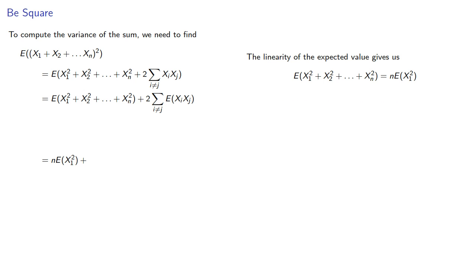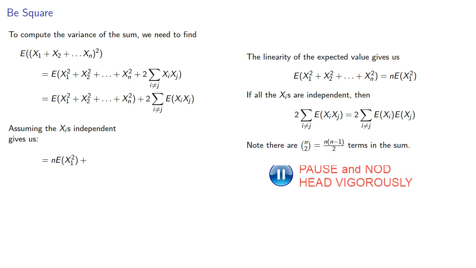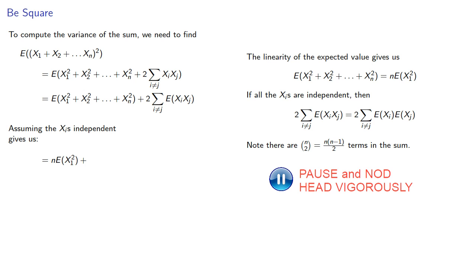If we, again, assume that all the xi's are independent, then twice this sum is going to be, and note there are n choose 2 terms in this sum. And so again, if all the xi's have the same distribution, this is going to give us